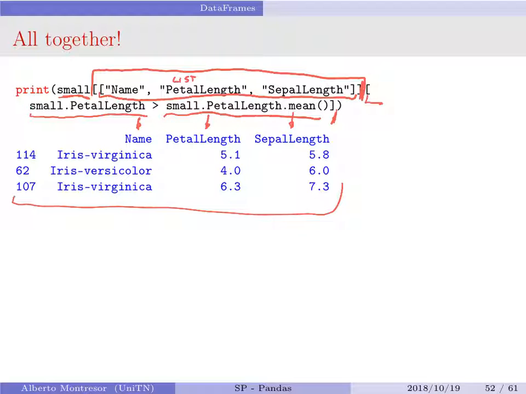So this mask has to be applied to a real value, a float value, which is computed as the mean. Once you get a mask and you have this operator applied to the series, what you get is a filter on the series. So you get a subset of that. So you see, it's quite complicated, but the point is understanding the role of all these values.